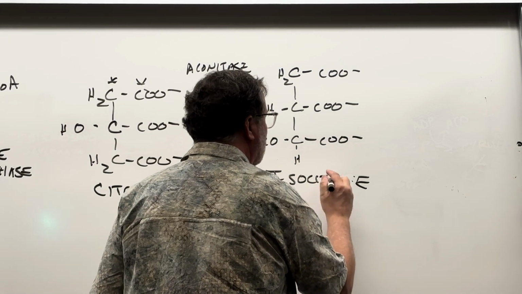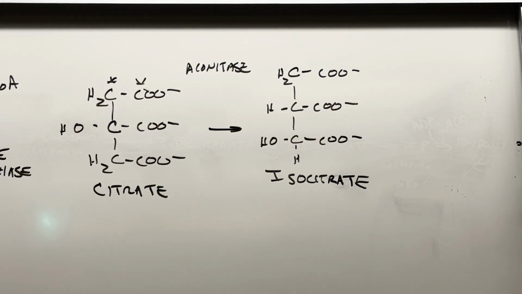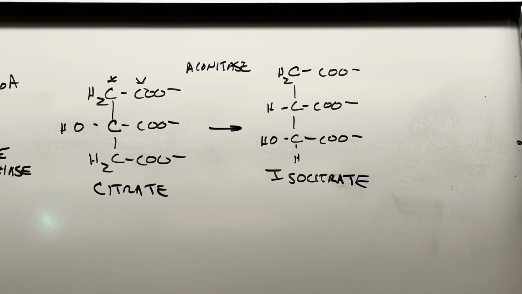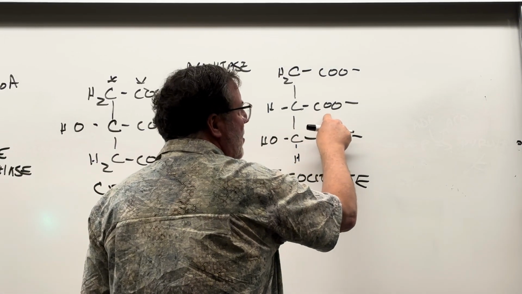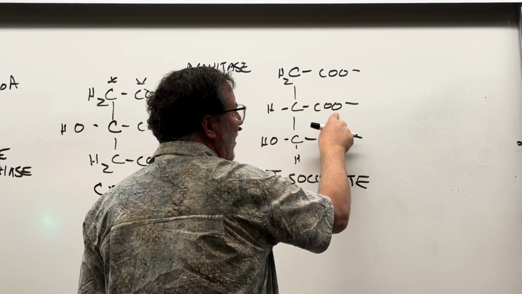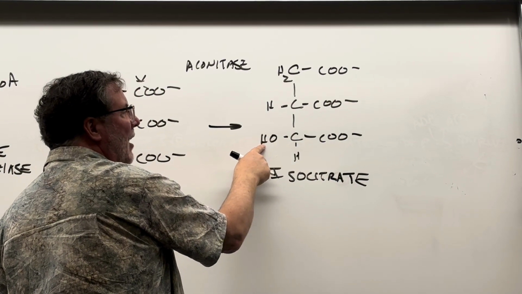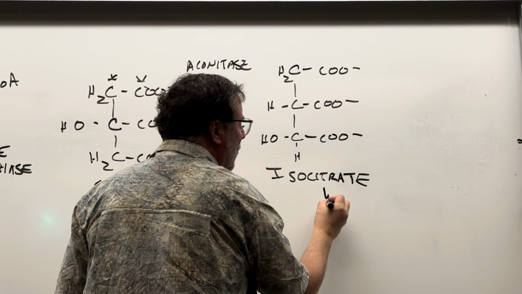That's isocitrate. So this is citrate, now we just move the hydroxyl group over. Think of it as an isomer of citrate. That actually sets us up for an oxidative decarboxylation. So what does that mean? We are going to decarboxylate this. We're going to take this off and lose that as carbon dioxide. At the same time, we are going to oxidize that alcohol into a keto group, so that we end up going to